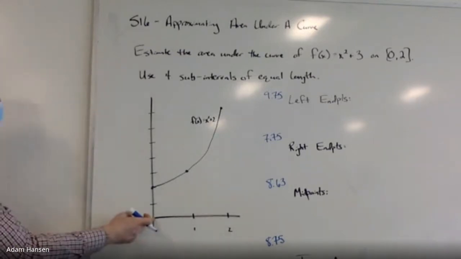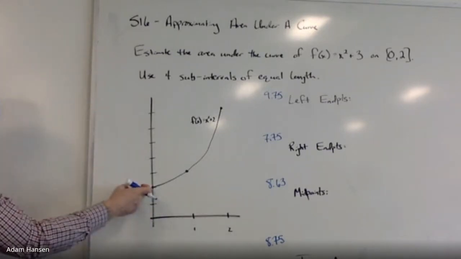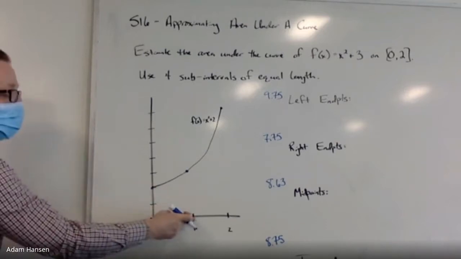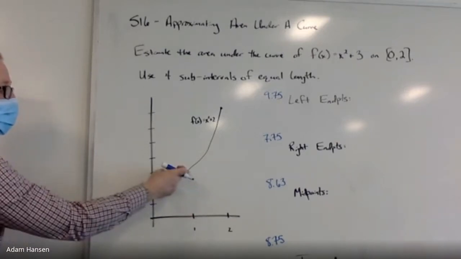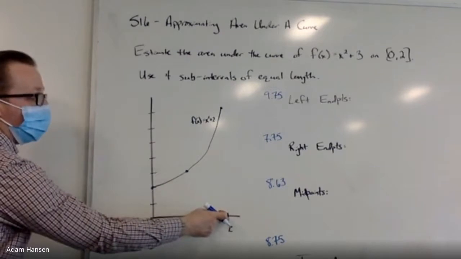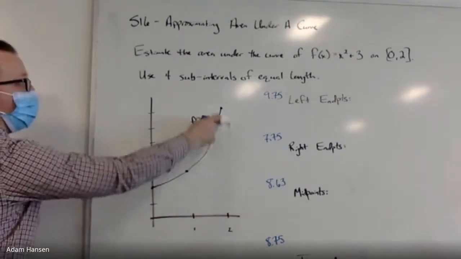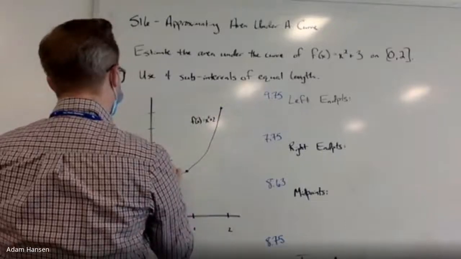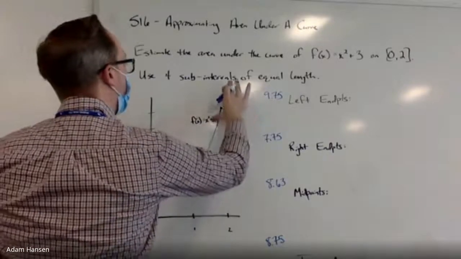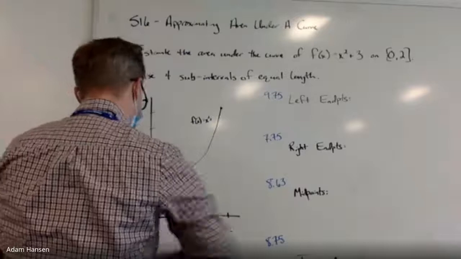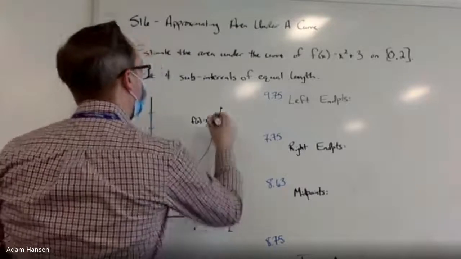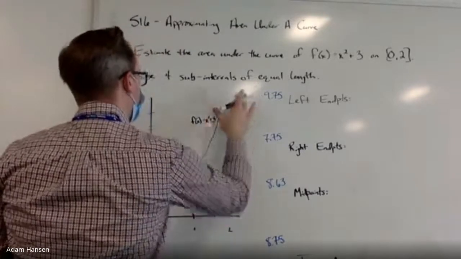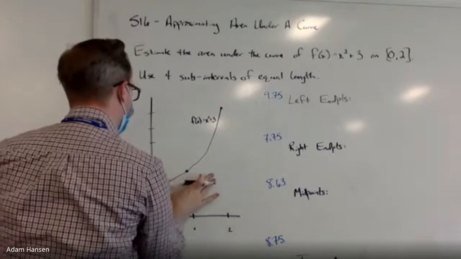At x equals 0, 0 squared plus 2 is 2. At 1, 1 squared is 1 plus 2 is 3. At x equals 2, 2 squared plus 2 would be 6. I think that's a little bit too high. 1, 2, 3, 4, 5, 3. Yeah, plus 3. Thank you. Let me resketch this. Because this should start at